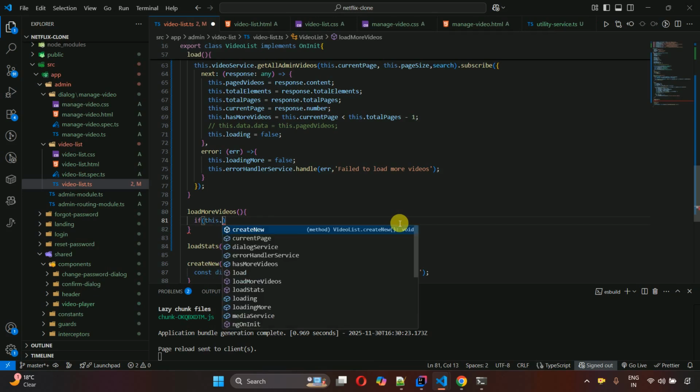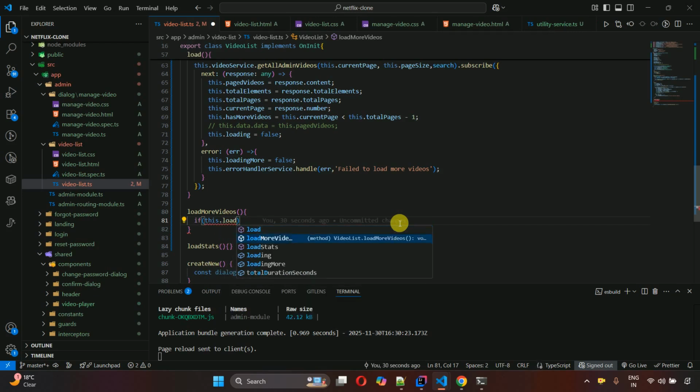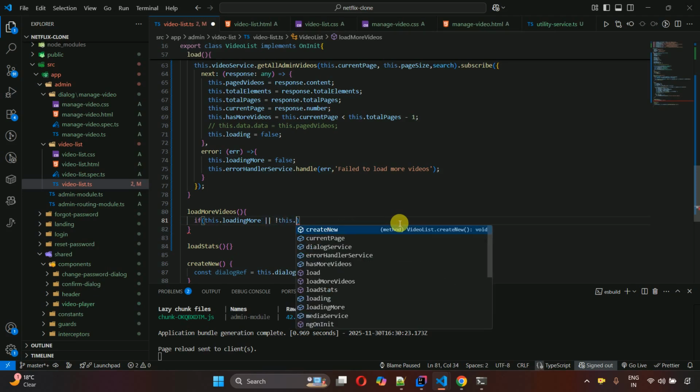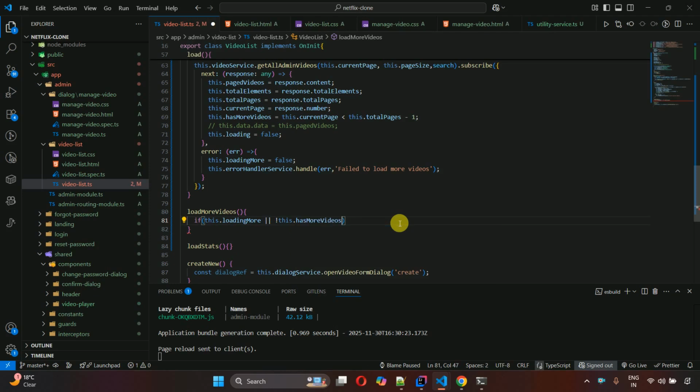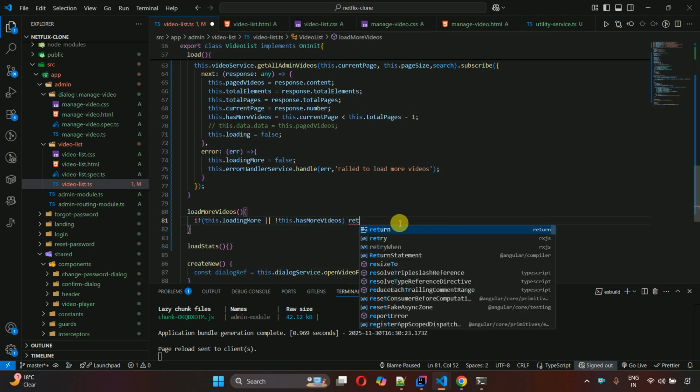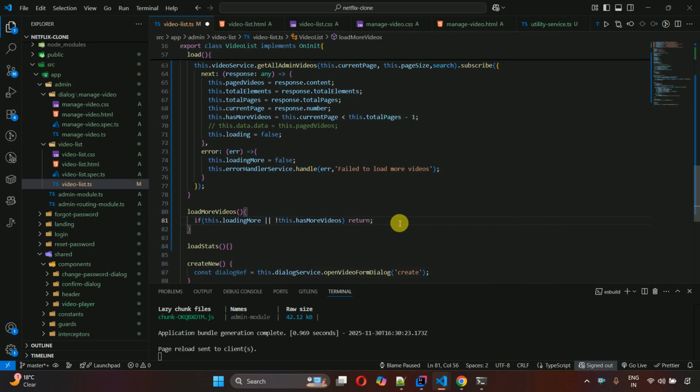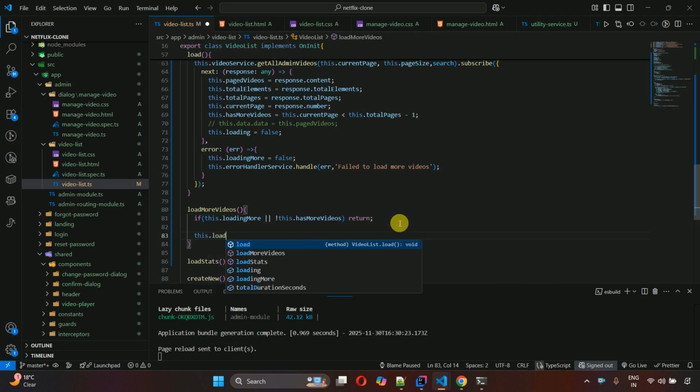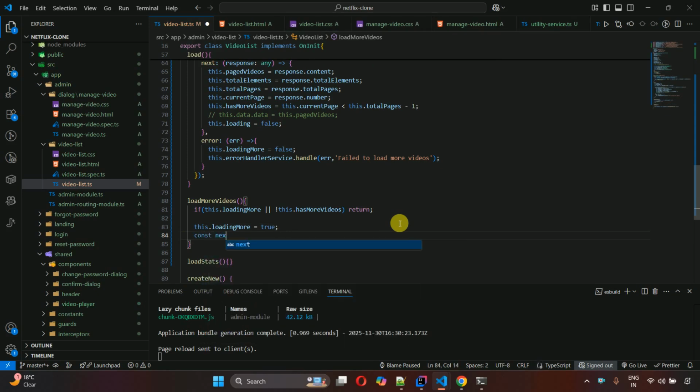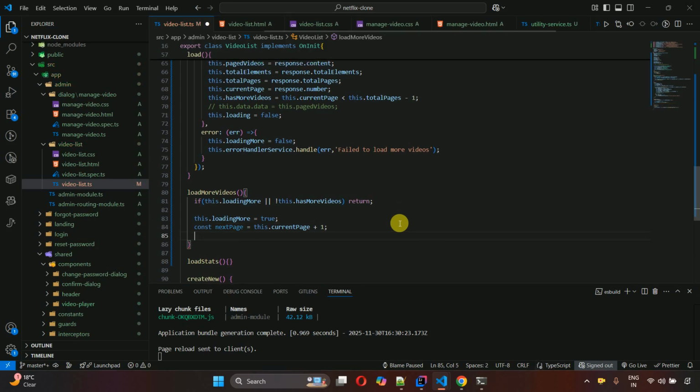So if this.loadingMore or not this.hasMoreVideos, then we just return, and this.loadingMore is equal to true, and after that const nextPage is equal to this.currentPage plus 1, and const search